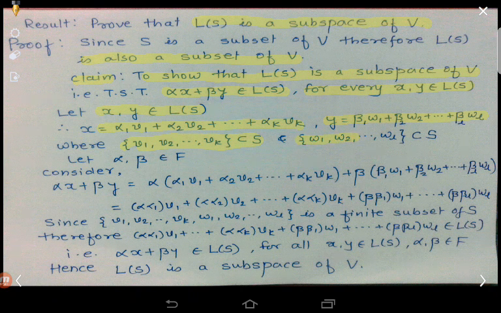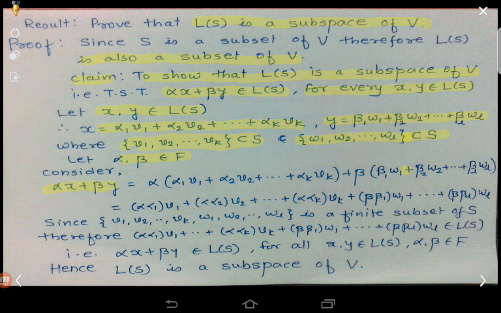This w1, w2, ..., wl is a finite subset of S according to the definition of linear span. Now let us consider two elements alpha and beta which are scalars, meaning these are members of field F. Now we have to show that this element is a member of L of S, therefore consider alpha x plus beta y,